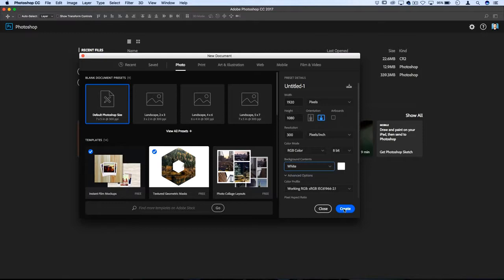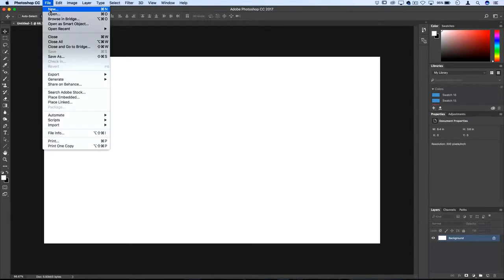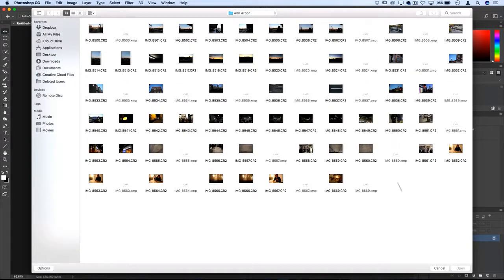And then if you press create, Photoshop will open up that new blank document and you can see here Untitled 1 is the tab. I'm also going to open a photo just to show you the difference. So you can always go to the top menu and go to File and either create a new document or press Open. This doesn't close your current thing. So if I press Open and I browse through my desktop or computer and I find a photo that I